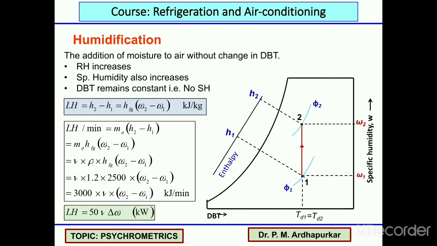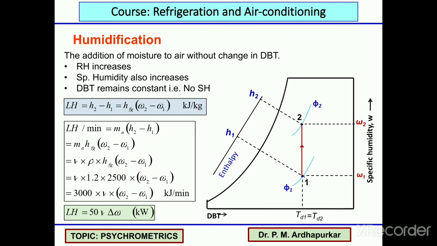Now, the other process that we are supposed to understand, that is the dehumidification. The fourth basic process is a dehumidification. That would be also a constant dry bulb temperature process. It would be also represented here on the psychrometric chart as a vertical line, and it would be reverse of this process. Let us say this is point 1 and this is point 2. There will be change in specific humidity that would get decrease, and enthalpy also would get decrease. So, all these expressions will be equally applicable for the dehumidification process also.